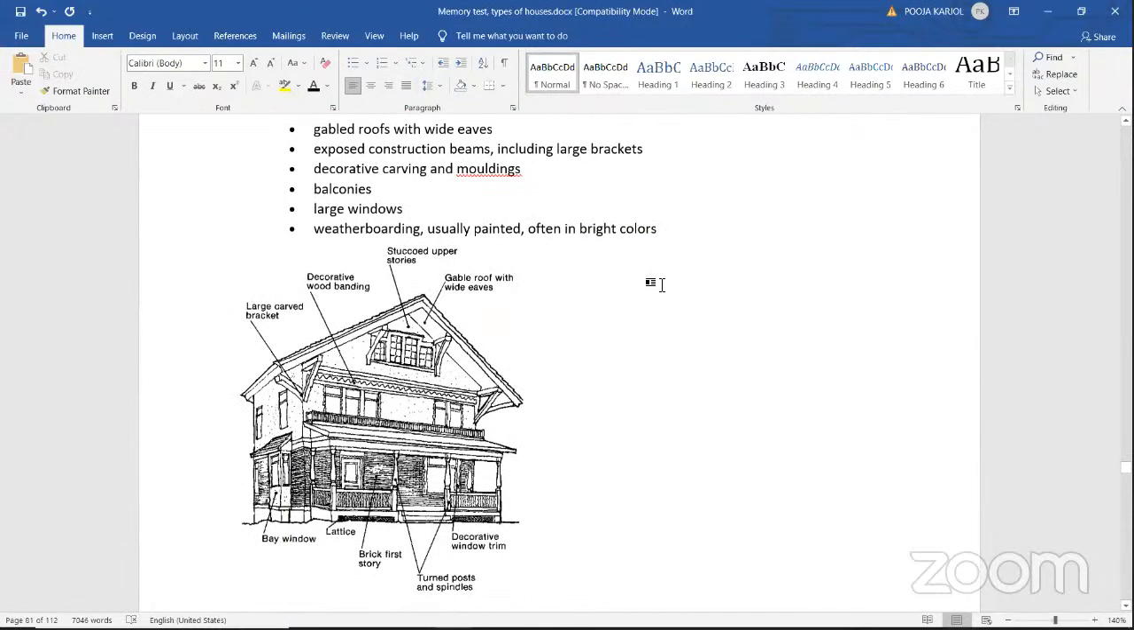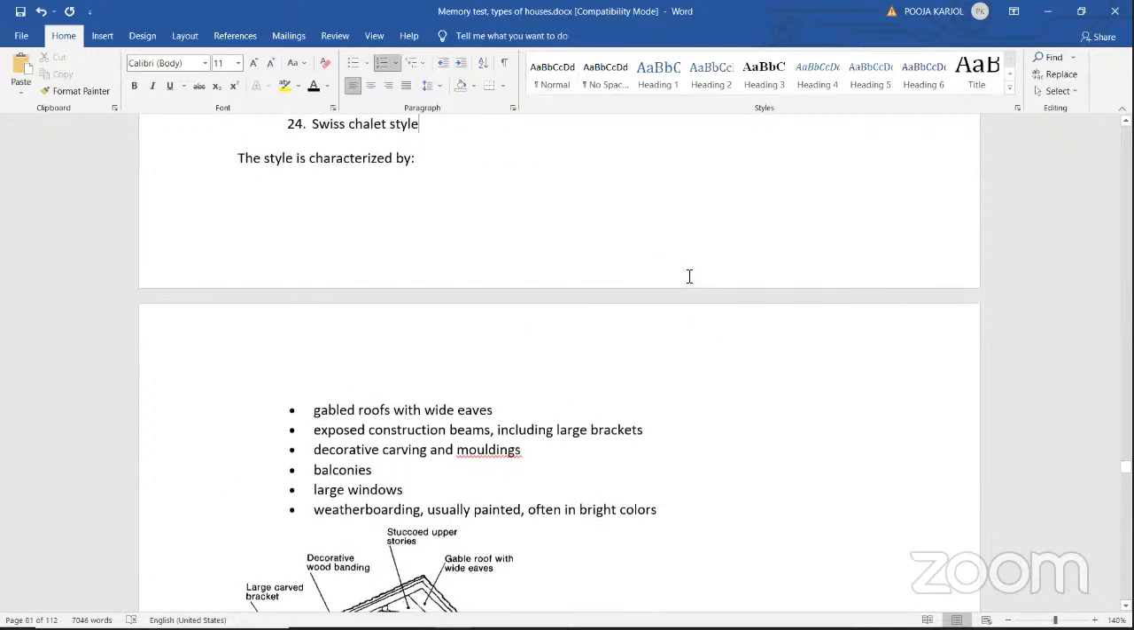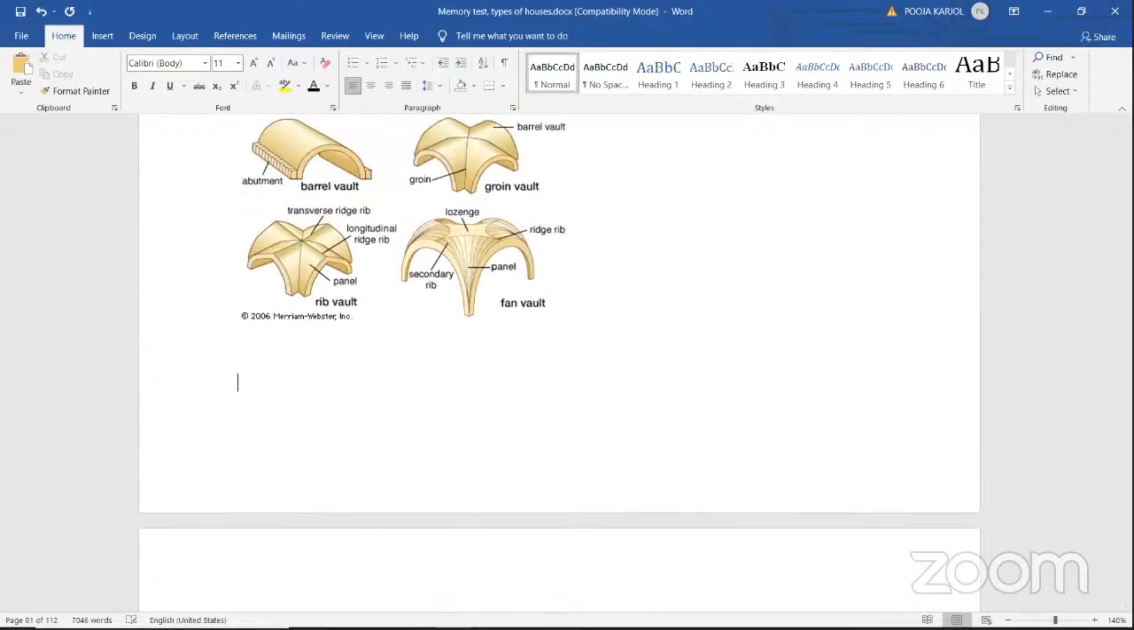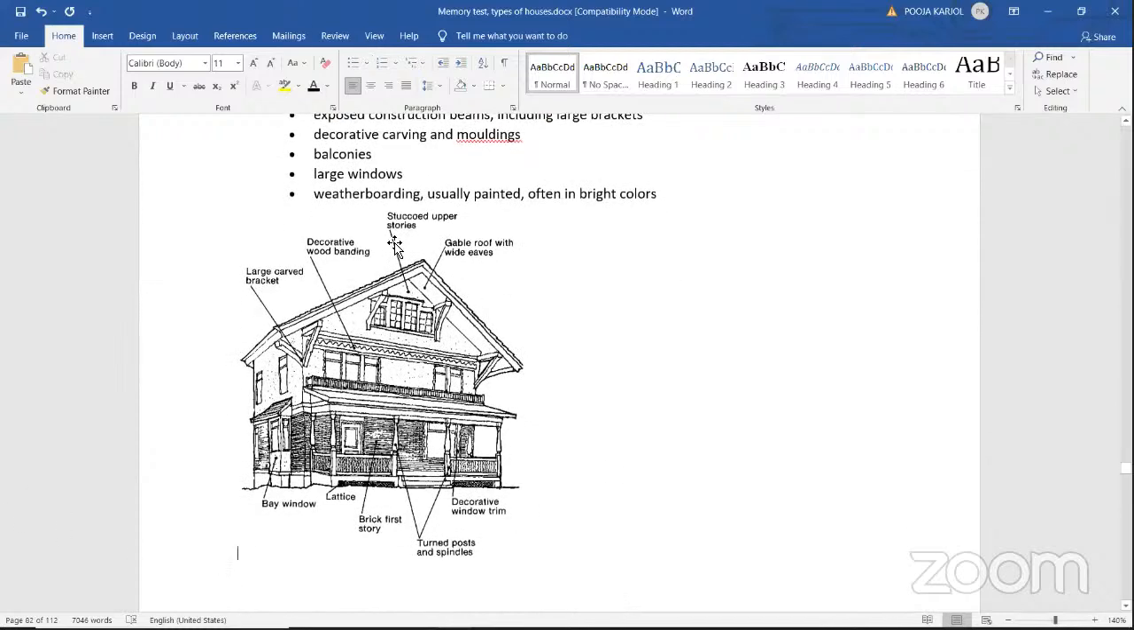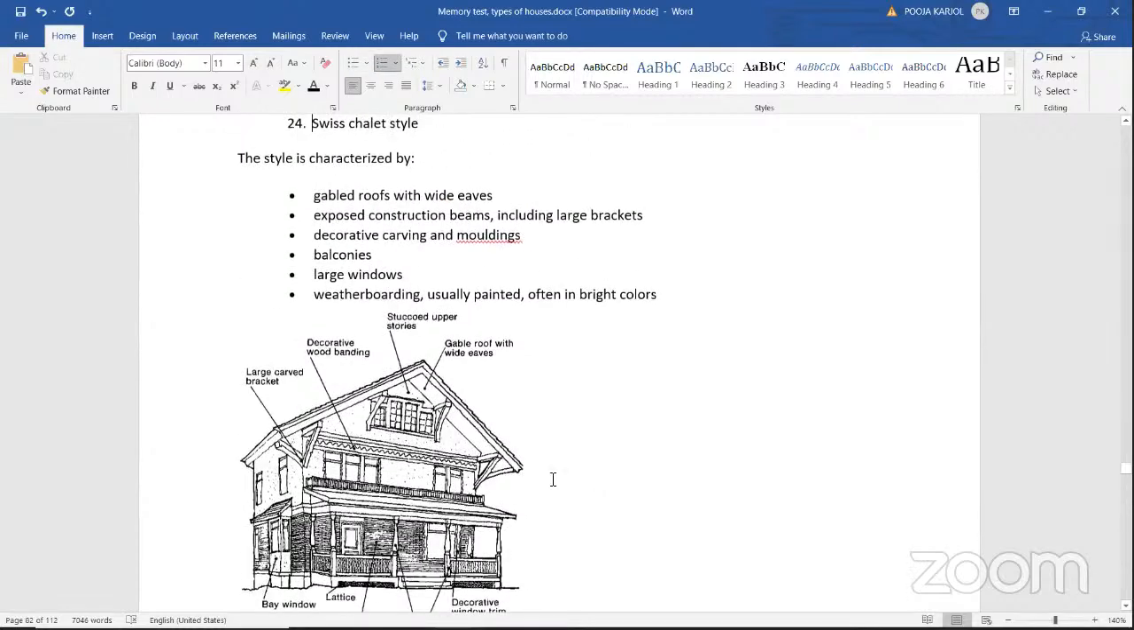Next, Swiss chalet type. This is a typical Swiss chalet style of building. Now we'll see the features. Gabled roofs with wide eaves, as you can see, wide eaves. Exposed construction beams,